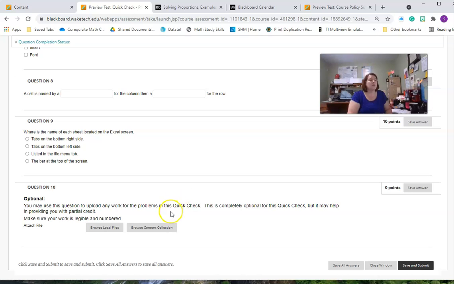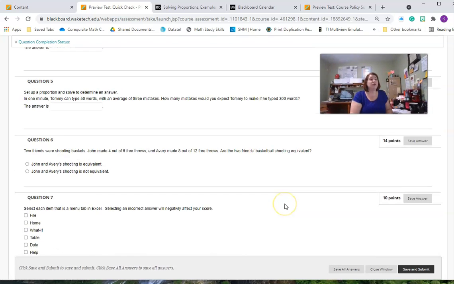Okay? You can only upload one file, so make sure that if you have multiple images, perhaps you've used the camera on your phone, put all of those images into a Word file and submit that Word file. Also, make sure when you put in your images and you submit your document, everything is oriented correctly so that nothing is upside down or sideways. Make sure it is all in a format that I can read.